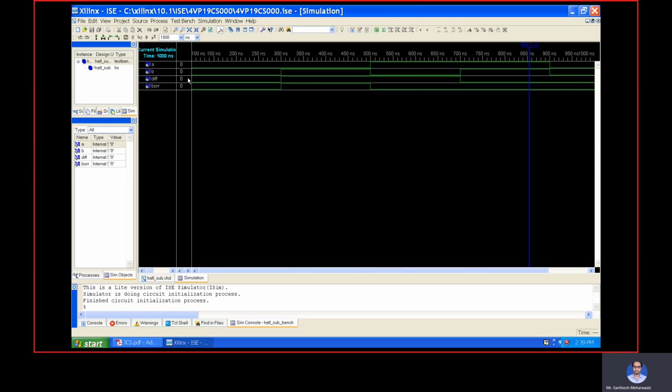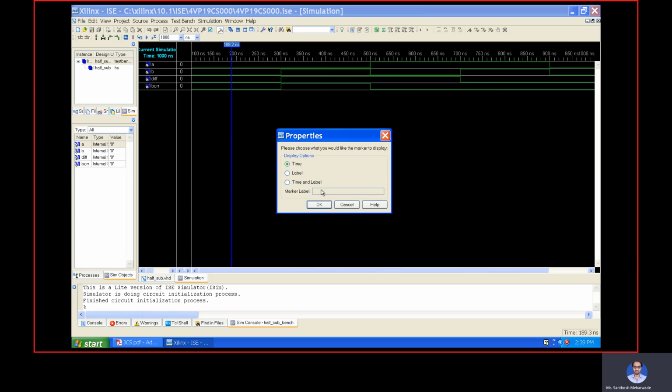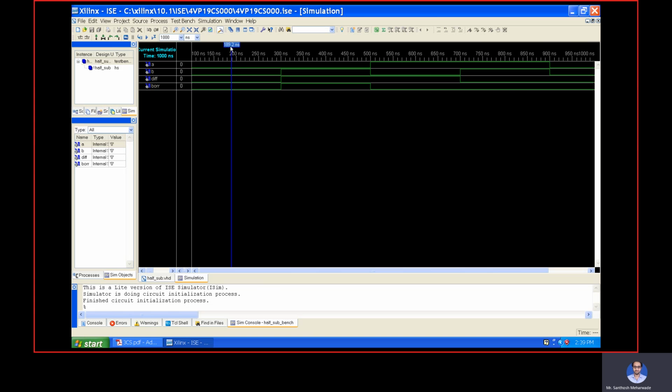Now you can see the output. Use this timestamp. Either you can drag like this, or in some places you can just double click. With the mouse cursor over here, double click and it will come automatically. But sometimes it pops up such a window, so it is better that you drag.